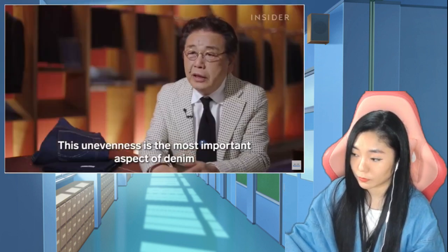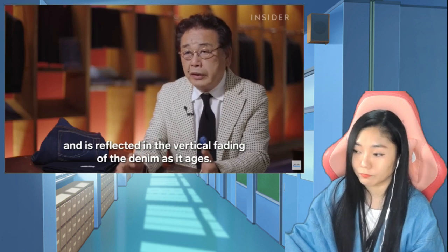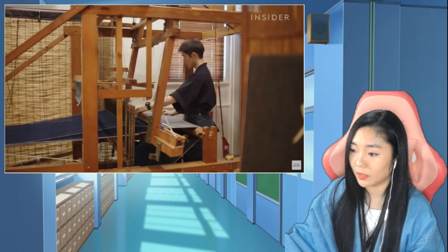This unevenness shows up in what matters most to denim, the aging, the vertical fading and the wear patterns. While most Momotaro jeans are made on the automated looms, the most expensive gold label jeans are produced with